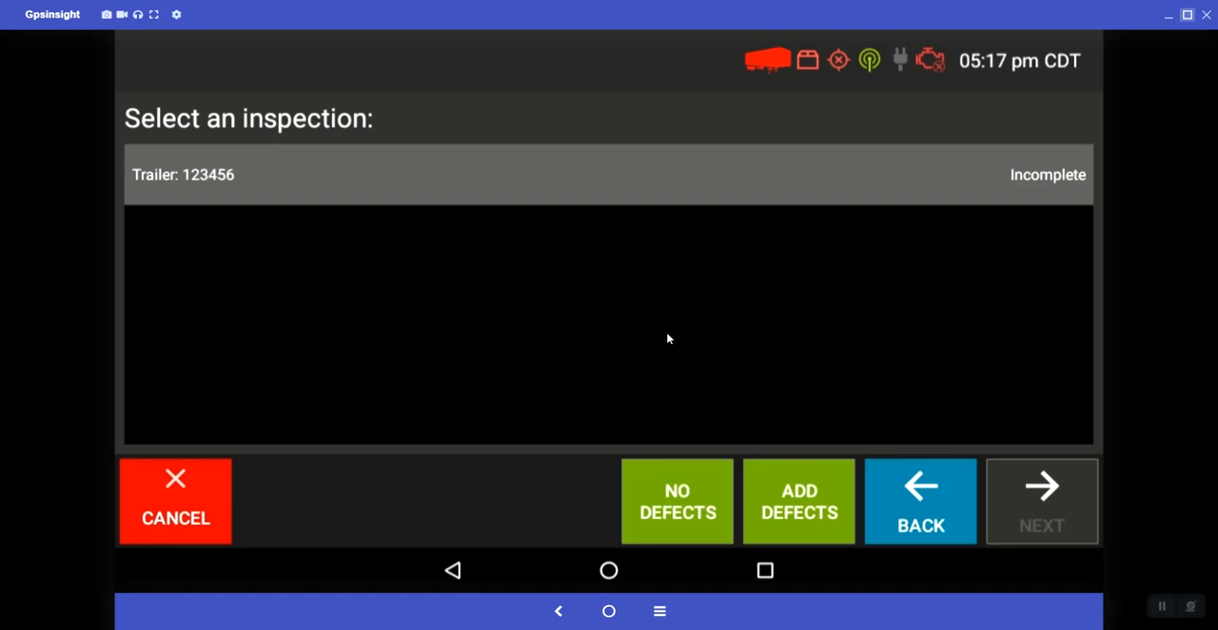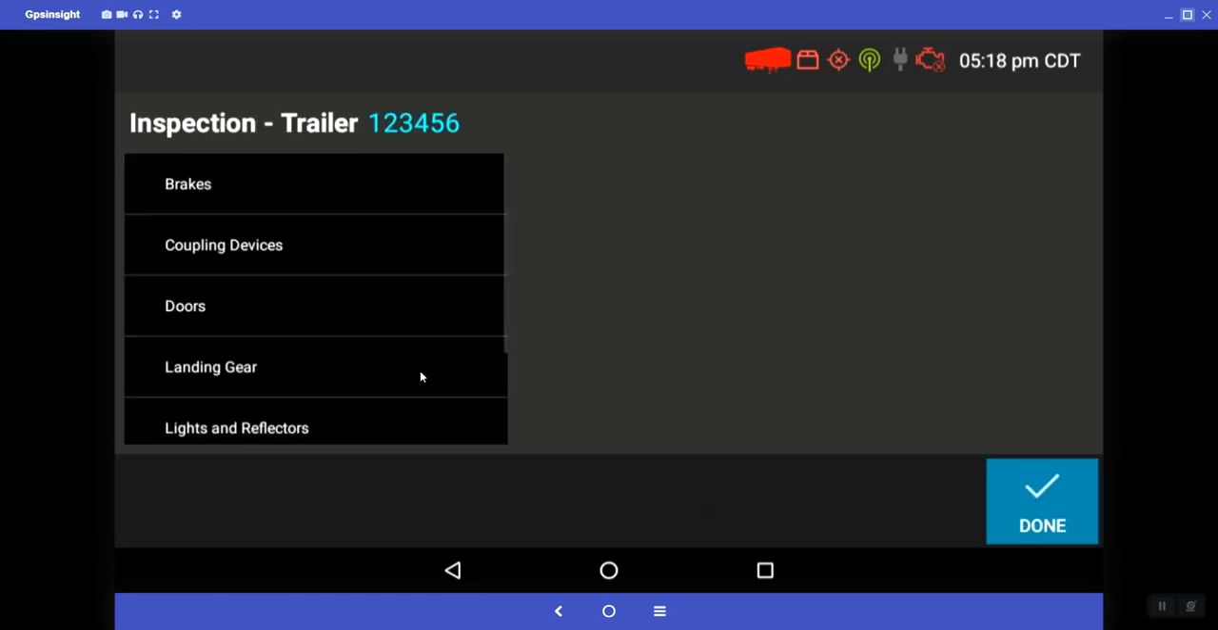It's gonna take you to this screen where you need to either add any defects that you found on the trailer, or no defects if everything's good. Just gotta make sure that the trailer is highlighted as such, and then you will press no defects. If you have to add any defects, you will click on this, and it will give you like a pretty